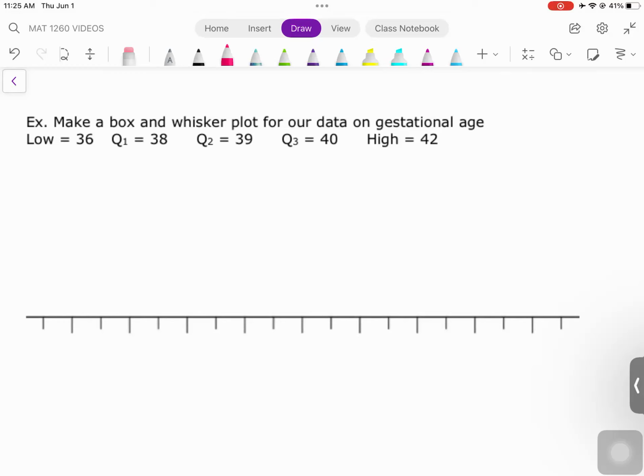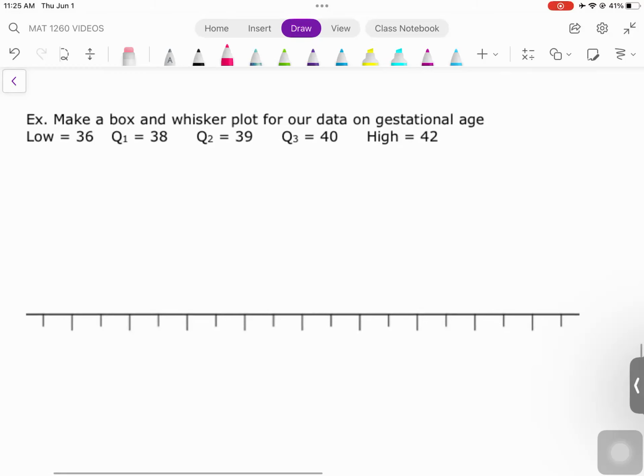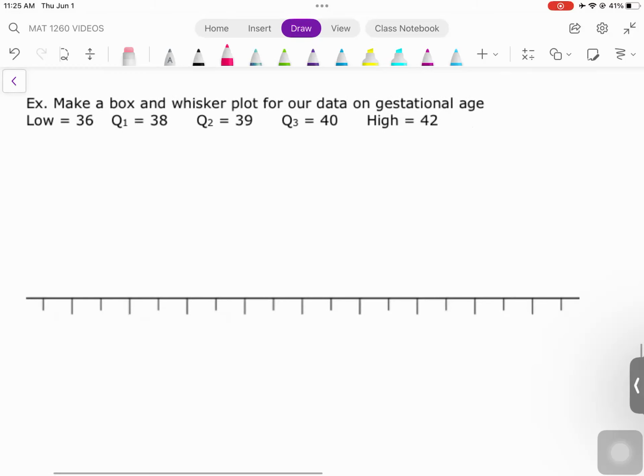So we're going to set up a horizontal box plot here. And we're going to start by scaling our number line. Because our data doesn't have a very large range from 36 to 42, we're going to scale it a little bit more spread out. So we're going to go 36, 37, 38, 39